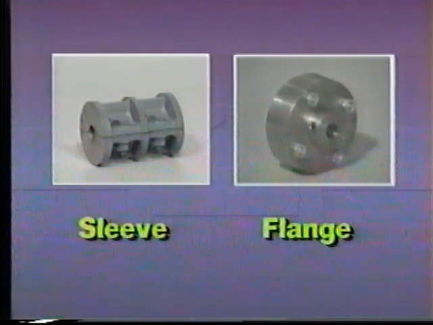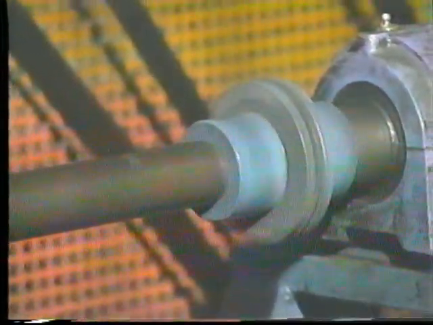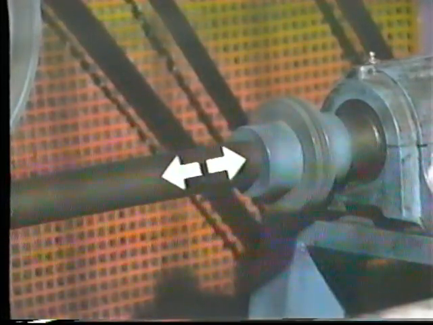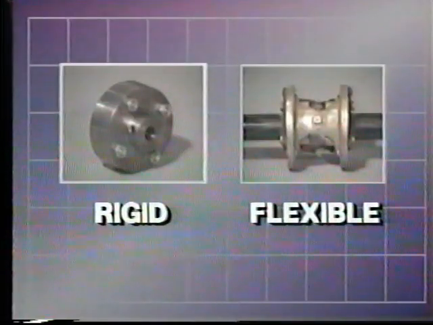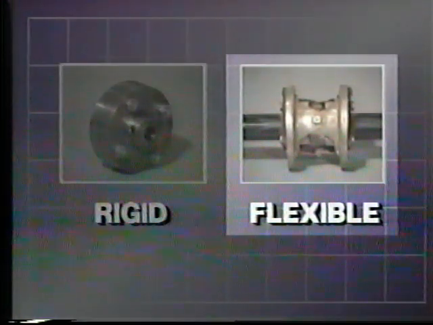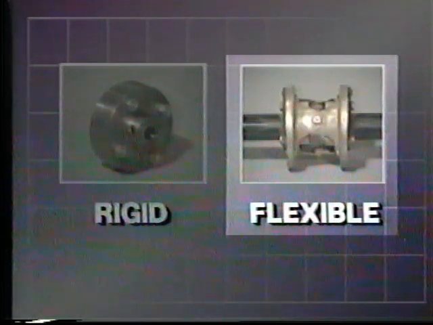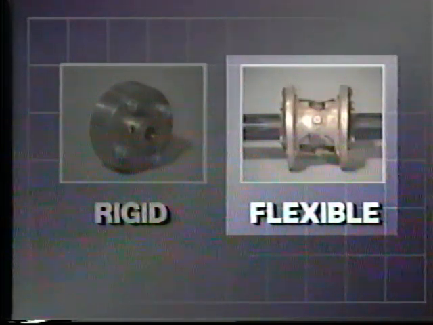Either the sleeve-type coupling or the flange-type coupling can be used where shafts can be precisely aligned, or where shafts are long enough to counteract the effects of very minor misalignment. The problem with using rigid couplings is that two shafts are rarely able to be perfectly aligned. In addition, many shafts have some end float that the rigid coupling cannot compensate for. Usually, the shafts are aligned as accurately as possible. Then one of the many types of flexible couplings is used to compensate for any small degree of shaft misalignment,